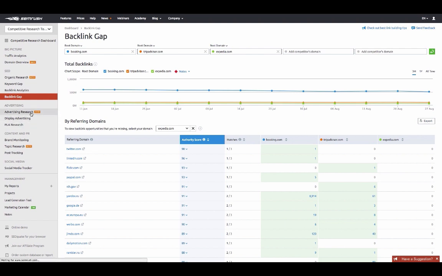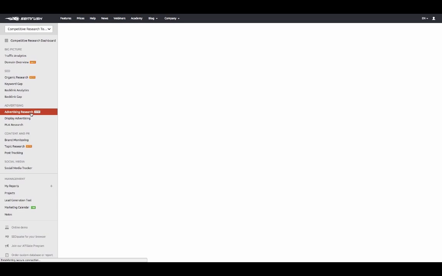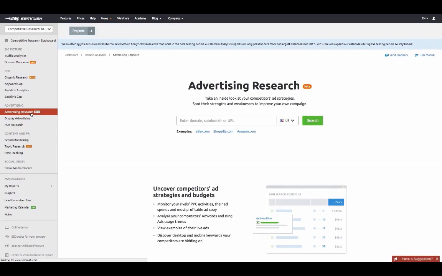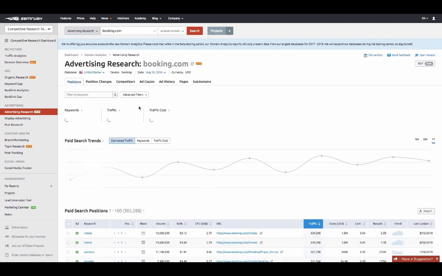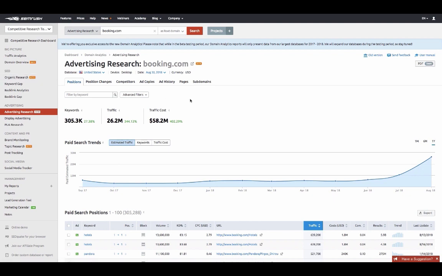The first report here is called Advertising Research. It's not even one report, it's a group of reports. So let's type in Booking. This report is quite similar to the organic research. It shows data on paid search performance for any domain in a selected country for a selected time period. So the same kind of information you can find here about keywords, traffic, positions, position changes, but the difference is